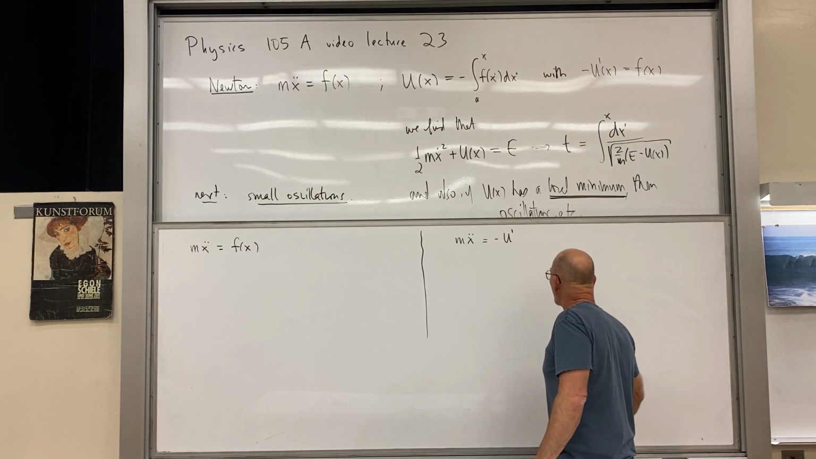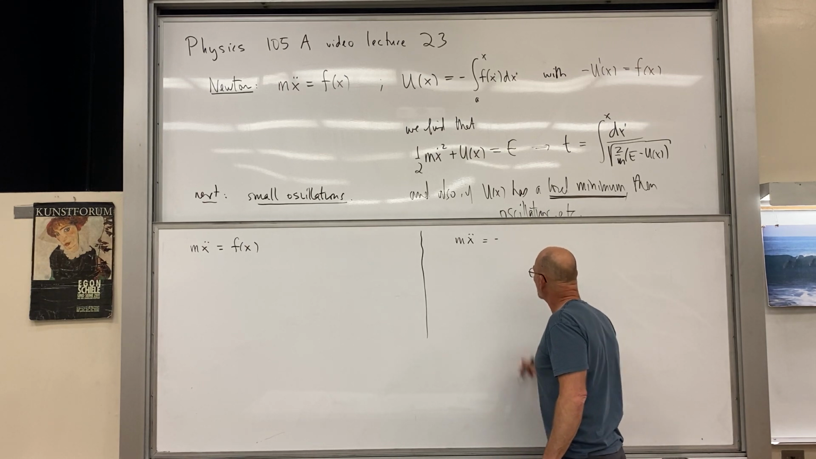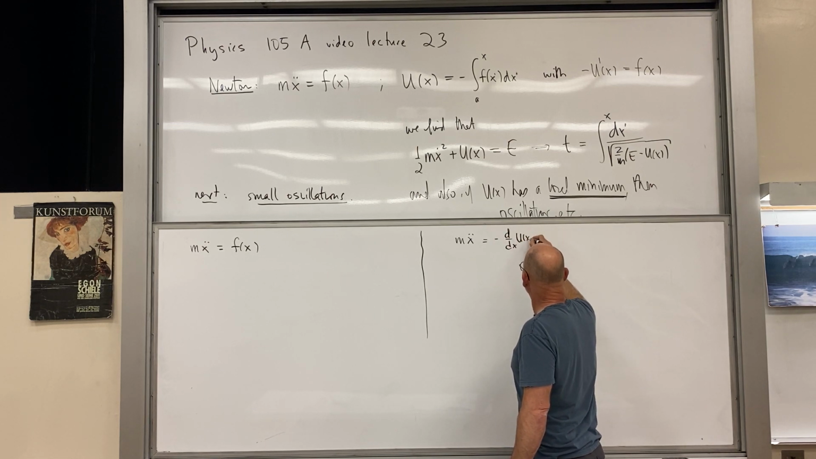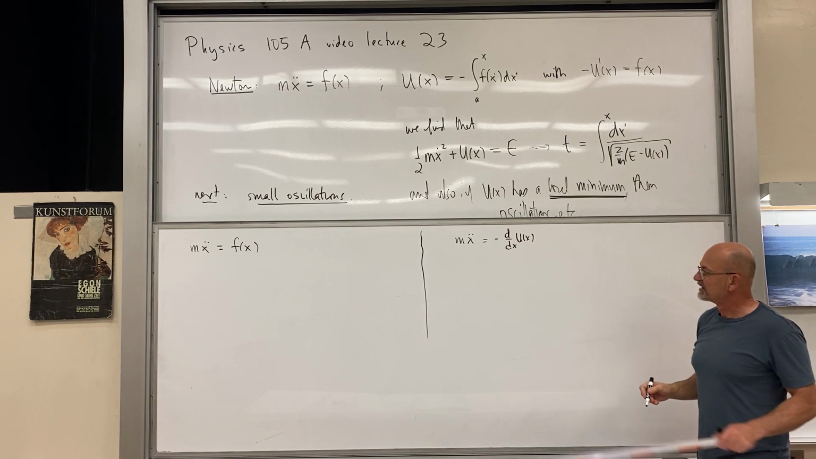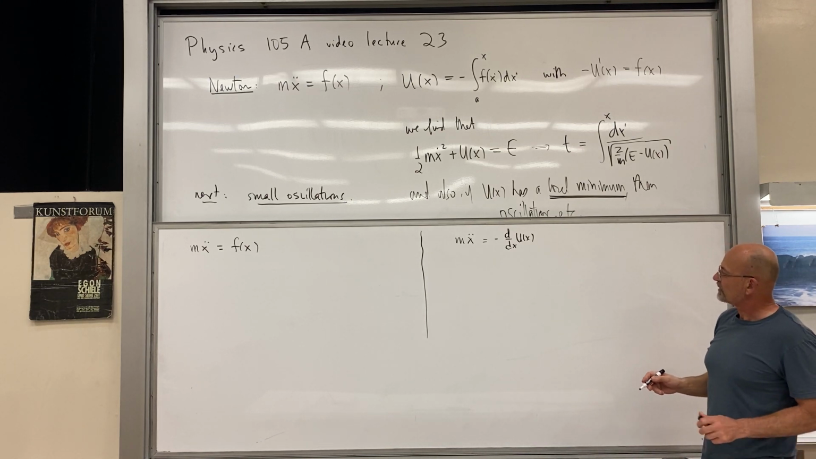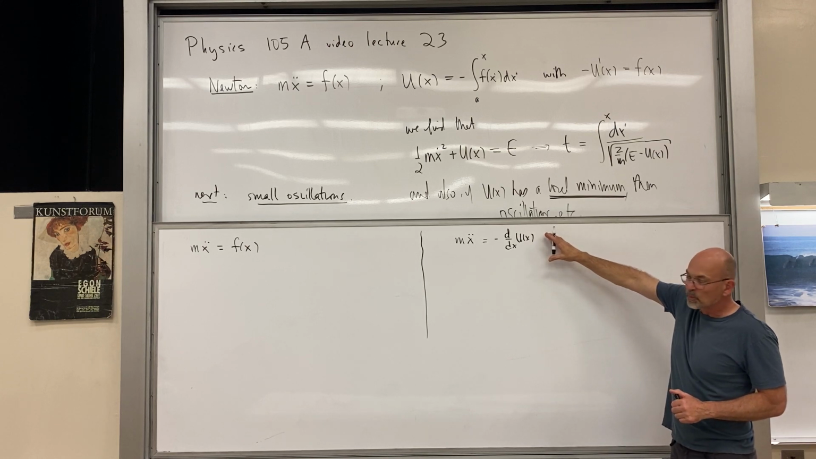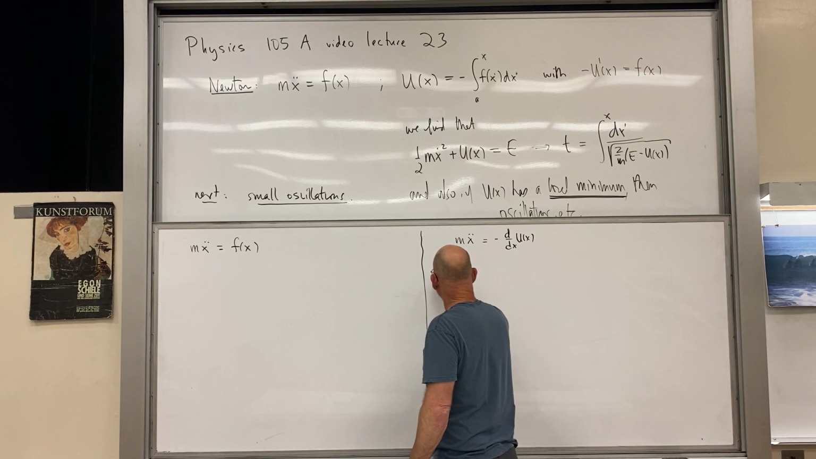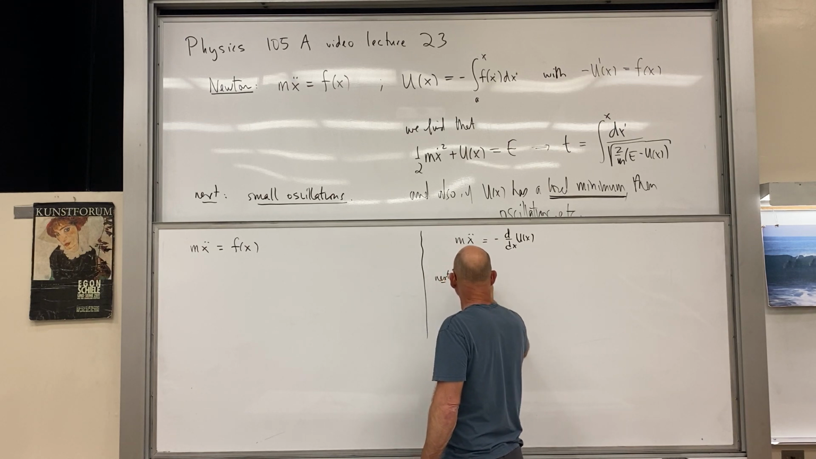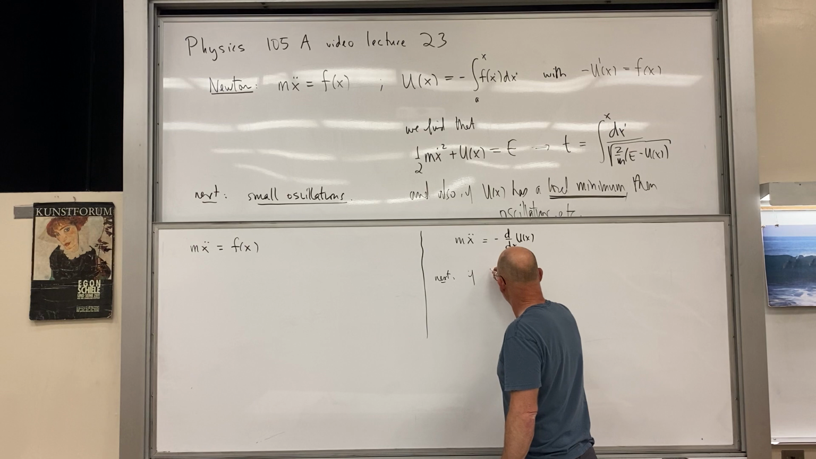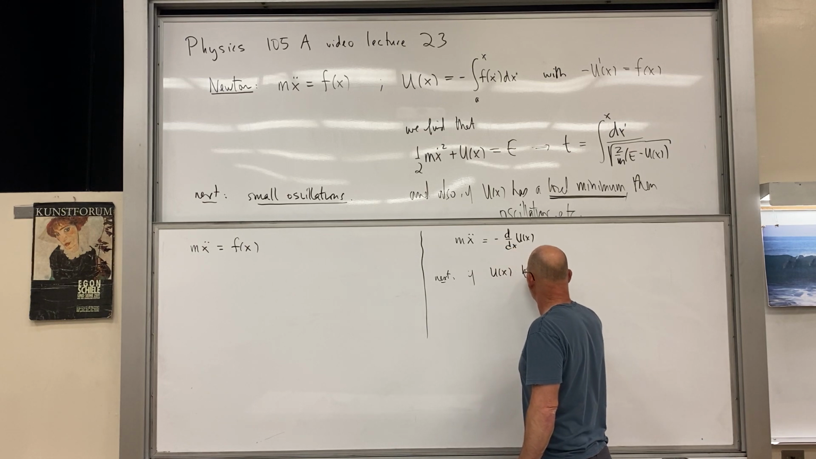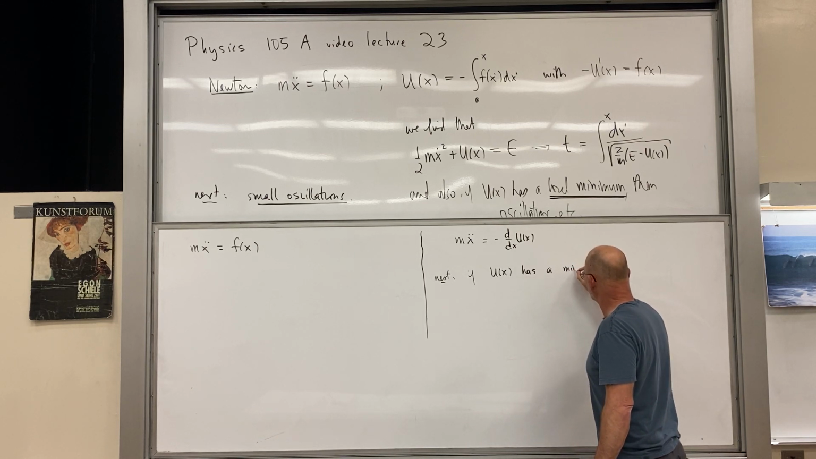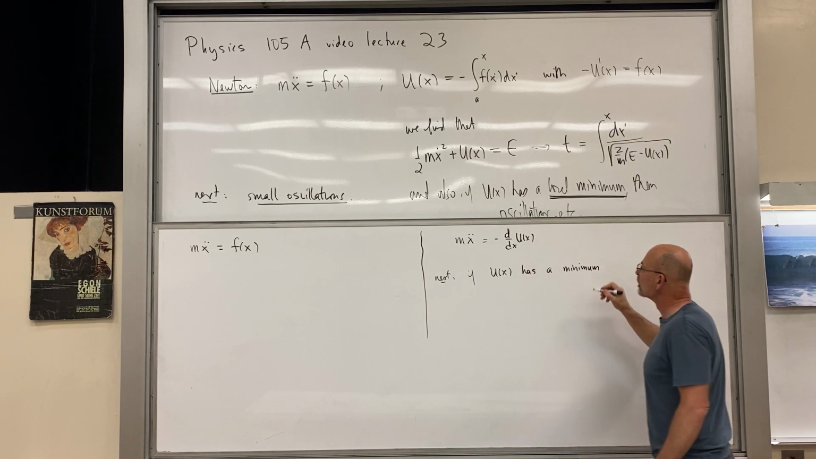And I'm going to write it as a derivative. It means the same thing, of course. Okay, so those are identical and the same. And this is the one we've worked with. So now, so next, if u of x has a minimum, local minimum